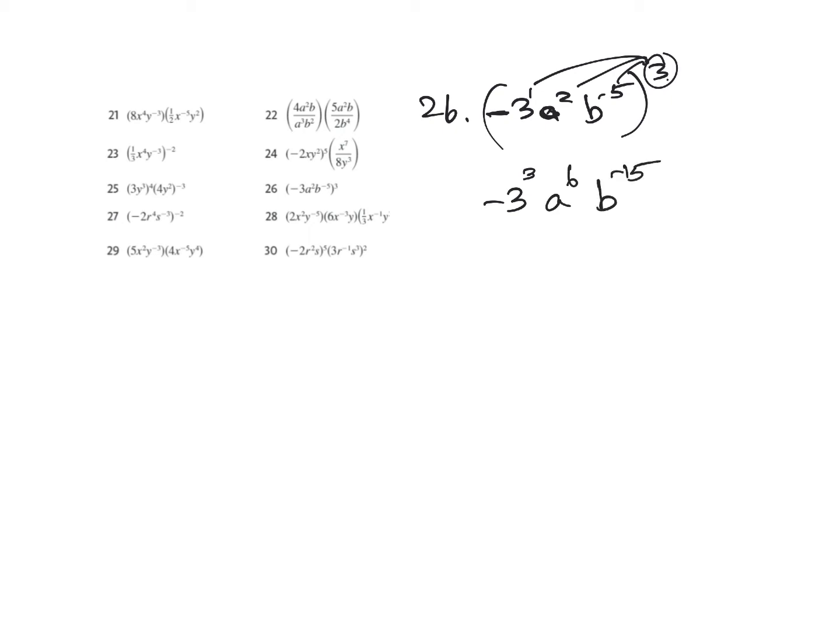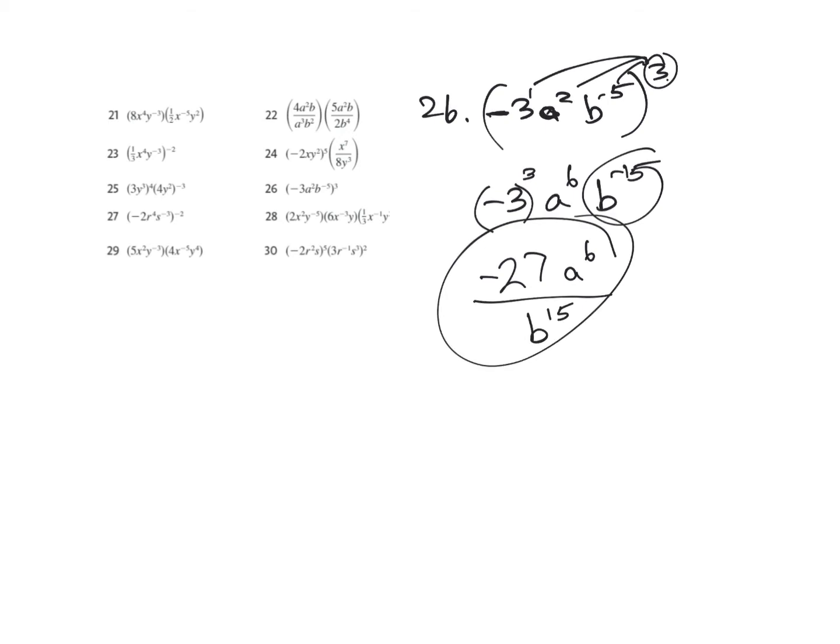When you distribute an exponent, it's multiplication. So now you have negative 3 cubed. That's negative 27. A to the 6th, and then this needs to be replaced so it's a positive 15. Move to the denominator. And that's your answer for 26. All right, number 27